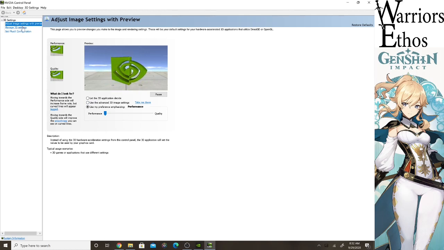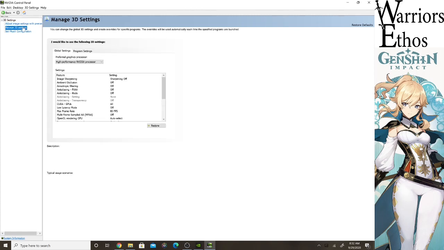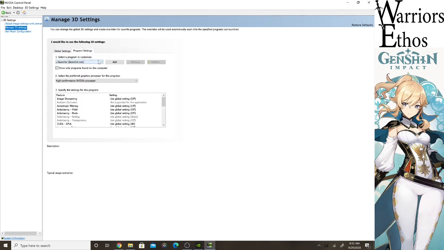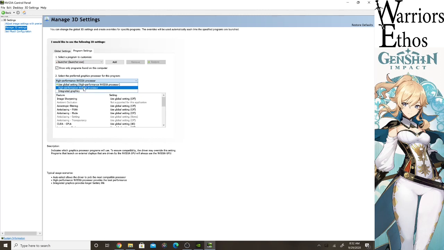But this isn't what we came in here for. What we came in here for is this right here, and everyone should do this. You probably have 2 different graphics cards on your PC or your laptop. I'm actually on a laptop right now, and I have an Intel integrated graphics card, and I have my Nvidia graphics card. And because of this,